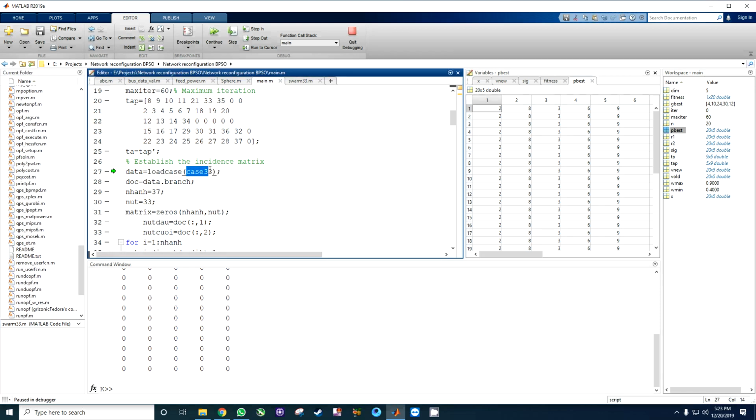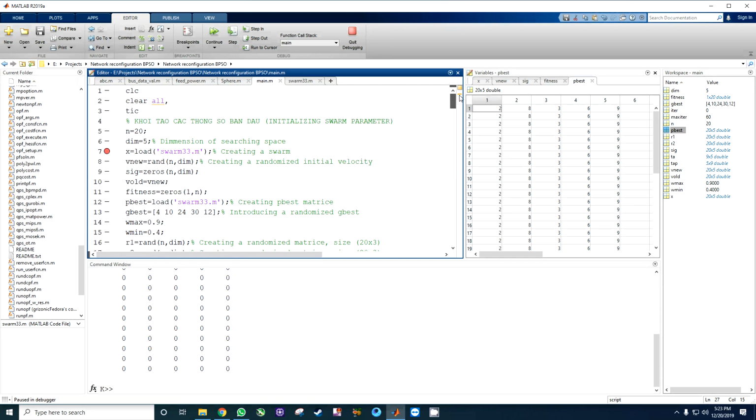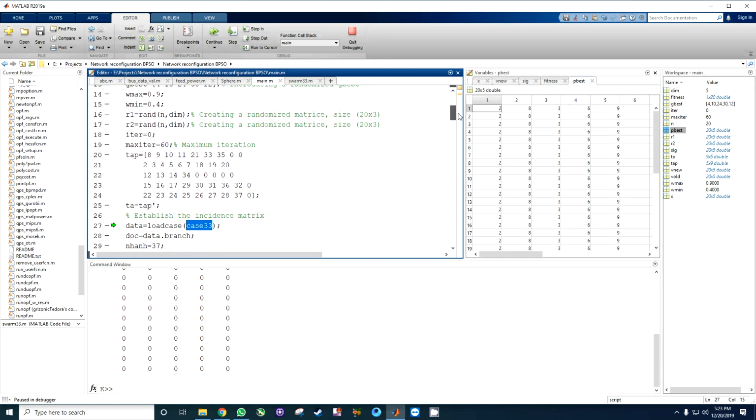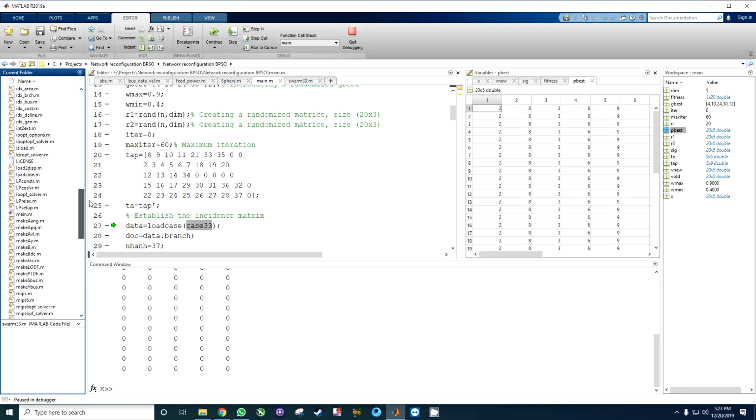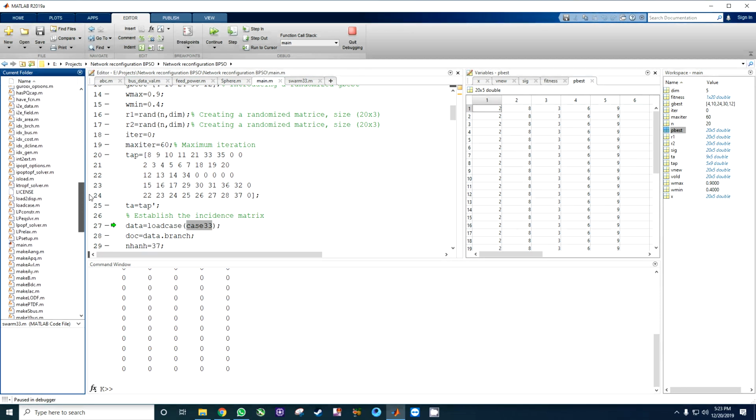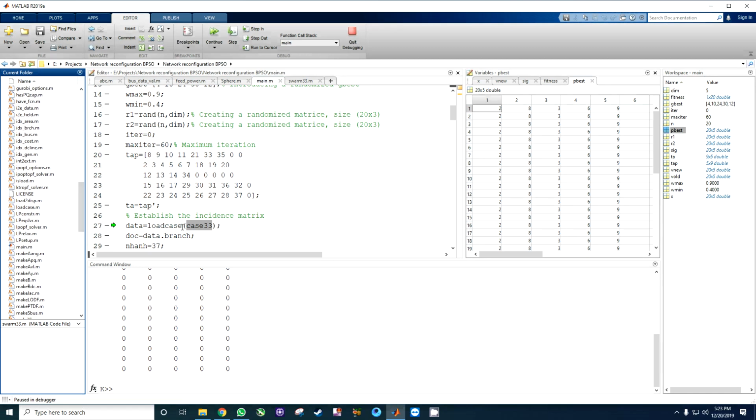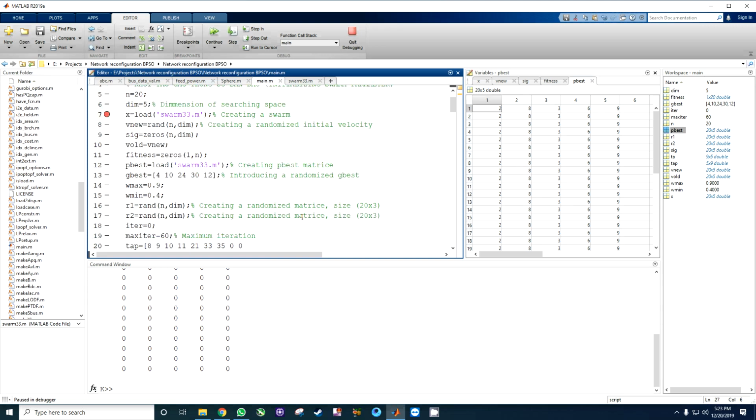Sorry, case 33 is actually our input. Okay, case 33 is our input, and we have to open the load case. So just find the file load case. Where is the load case?